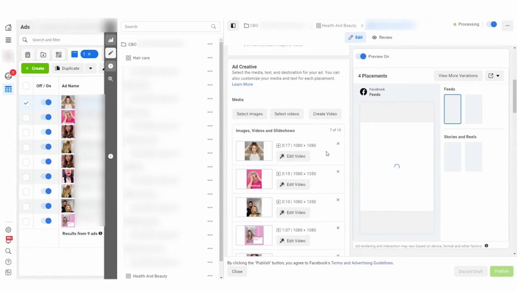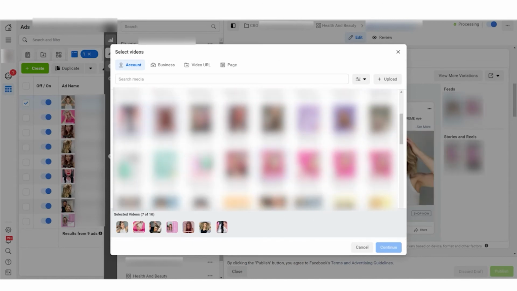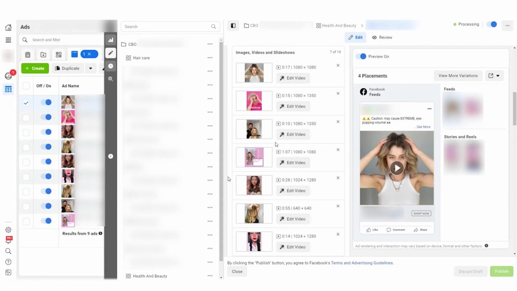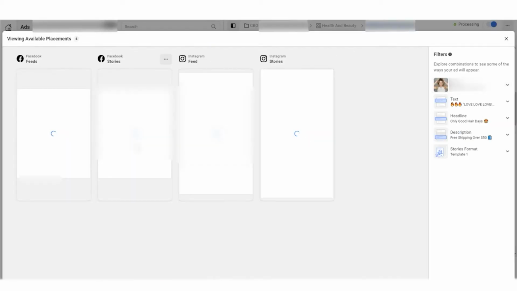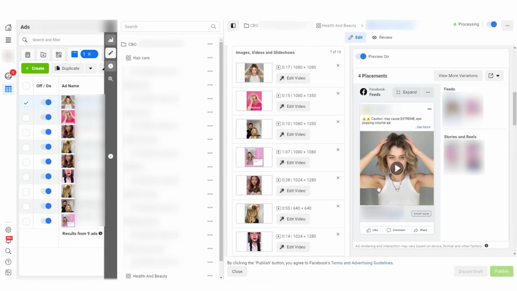Now, from my experience, if you come here and then you try to find the video all over again and click on it and then hit the publish button, most probably it was a bug and it's going to work. And this is how you solve this issue. You click on the view more variation, you find the ones that are having the issue, and the moment you do that and you remove them from here, you will be able to run your ads without the error.